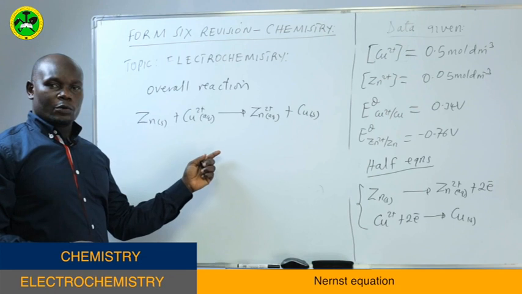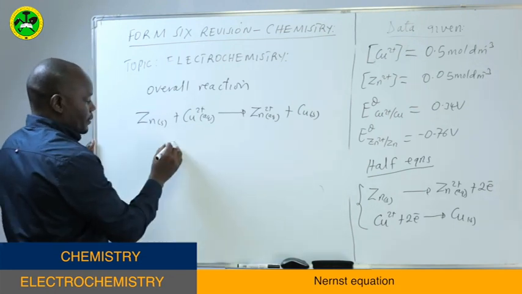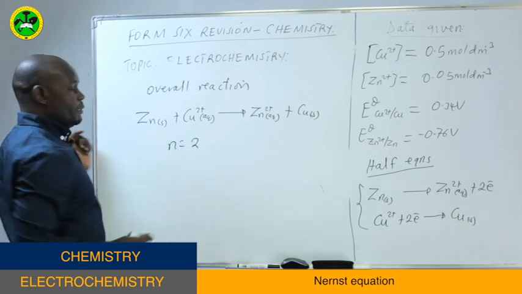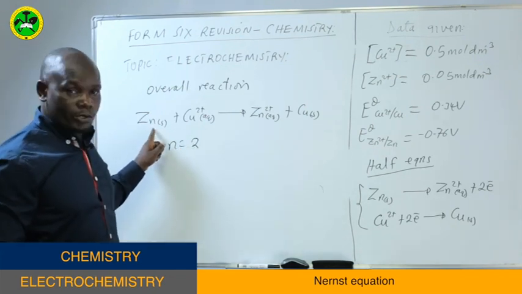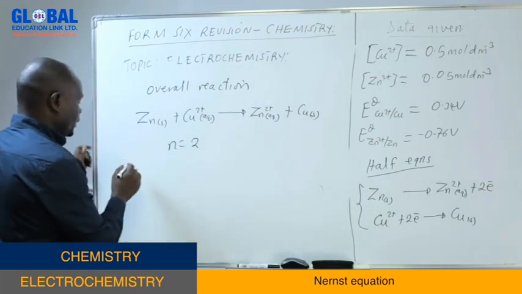That is our overall reaction equation. Now n is equal to 2, and we know that the species that has undergone oxidation is zinc, and copper has undergone reduction. So from the Nernst equation,